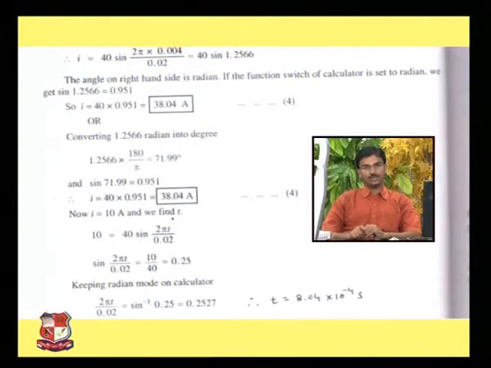So we can solve this example by radian mode as well as degree mode. So i is equal to 38.04 ampere. Now keeping radian mode on the calculator, we find out the time at which the current is 10 ampere,